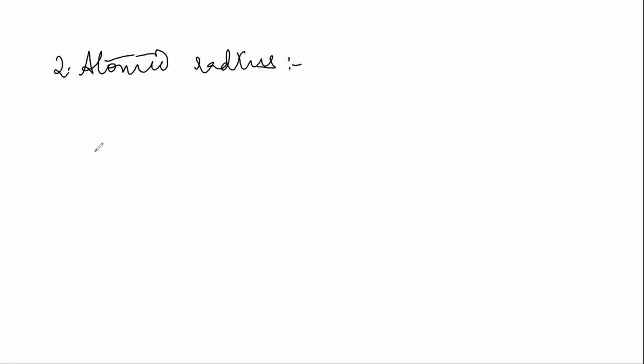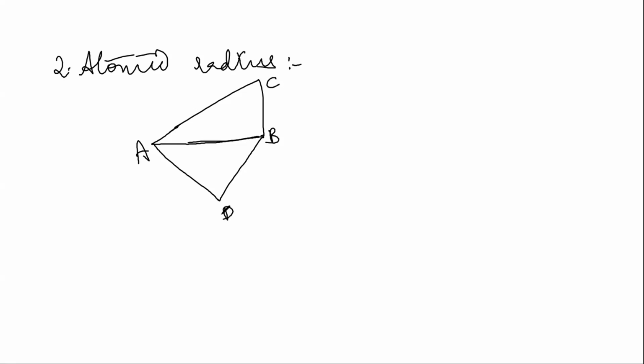Here let me explain that we know that one atom is at a by 4 distance, right? So let me take a plane A, B, C, D. And let me take that at a by 4 distance, one atom is present. This is in one plane I'm taking. Similarly, this would be a by 4, because again I'll find an atom from this at a by 4 distance. Here I'll find an a by 4 distance.